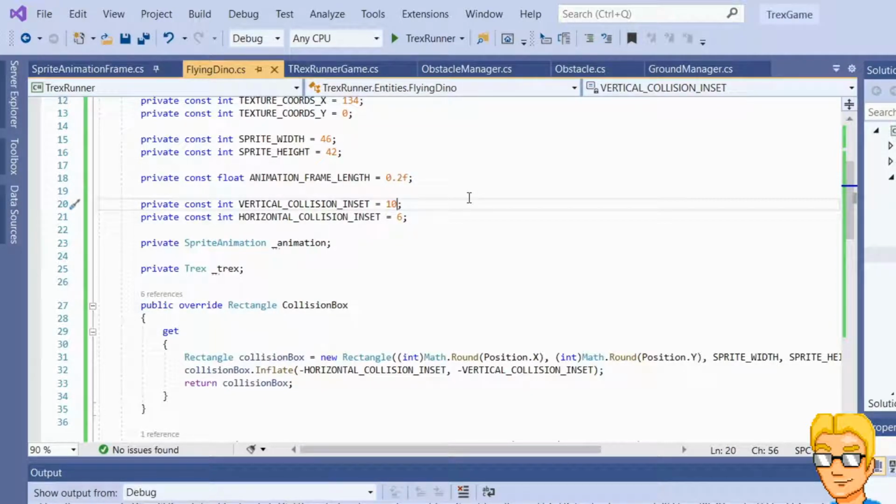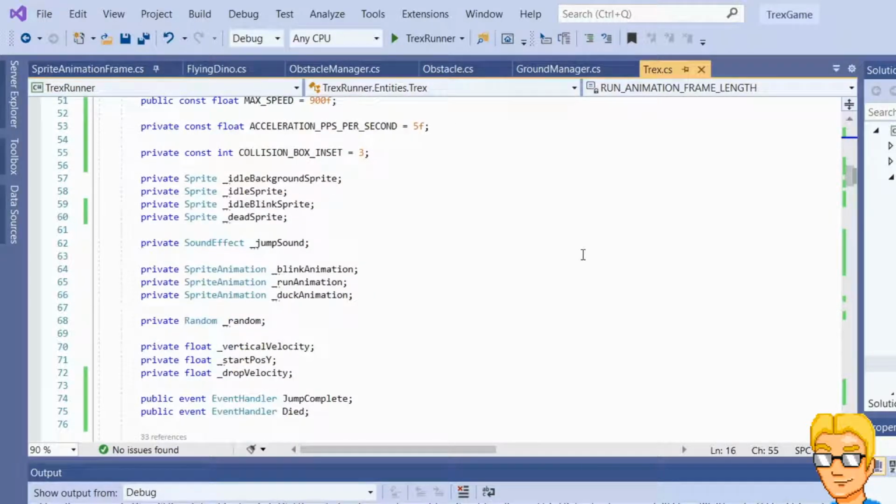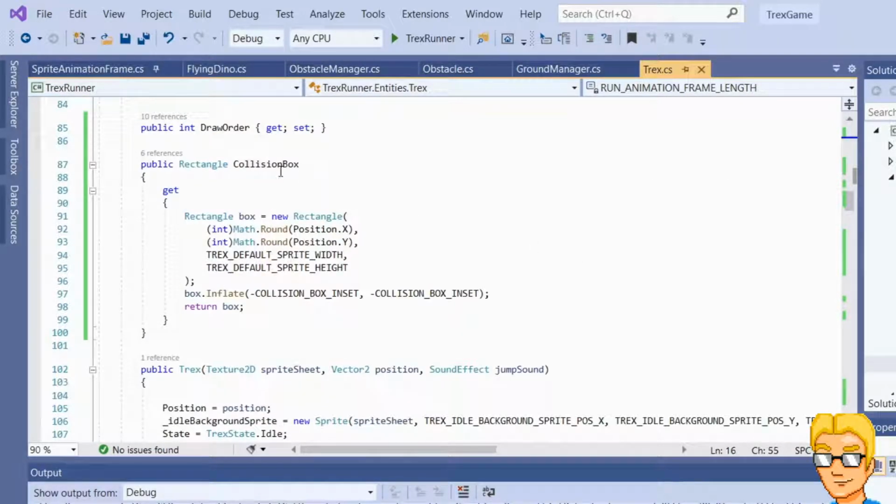The thing is that the collision box of our T-Rex does not shrink down when we duck. So it will be the same either way, whether we're ducking or not. So yeah, sorry for that. That was me messing up. That was stupid. Let's go back into the T-Rex class here and actually go here in the collision box and then say here